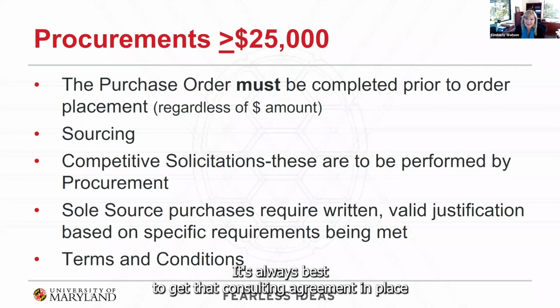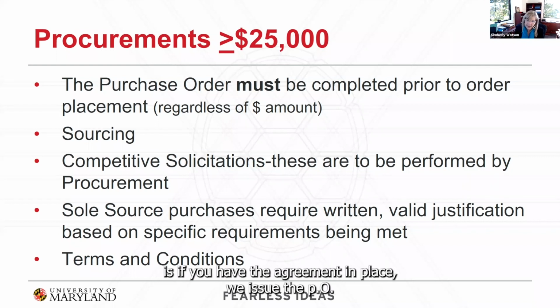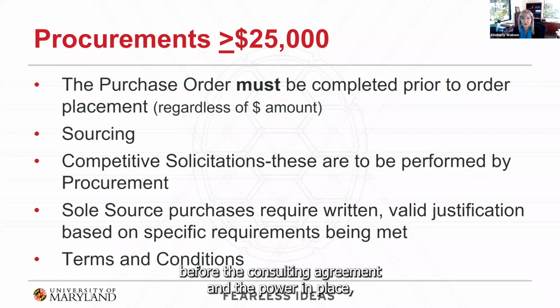It's always best to get that consulting agreement in place in advance of a consultant starting the work. Because if you have the agreement in place, we issue the PO, and the other thing that happens is we don't get backed up on the payment side. What can happen is, if you start the work before the consulting agreement and the PO are in place,